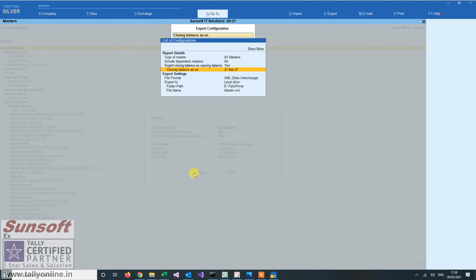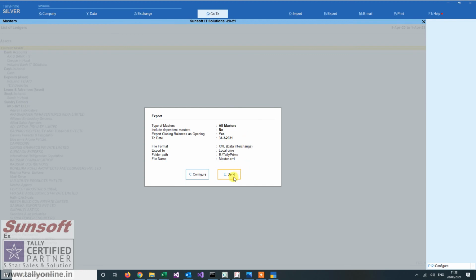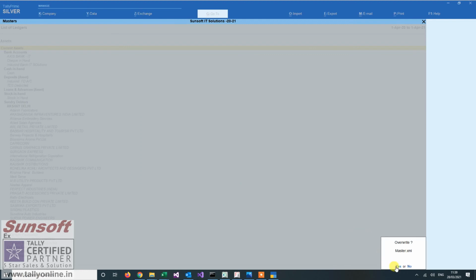Now this is at E colon Tally Prime. This is a folder. So I carry it and I say send. This will create my master.xml file. You have to remember where it is being created.